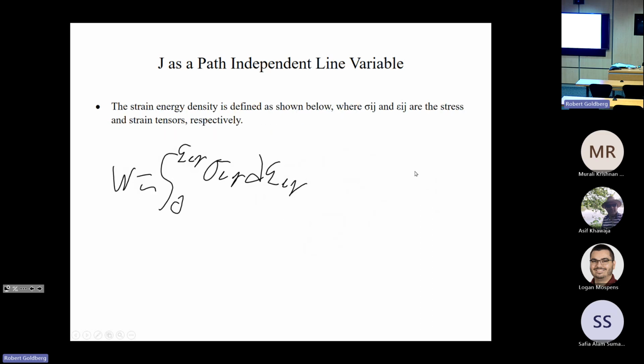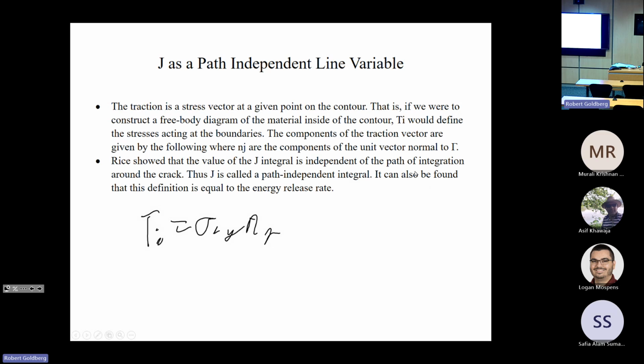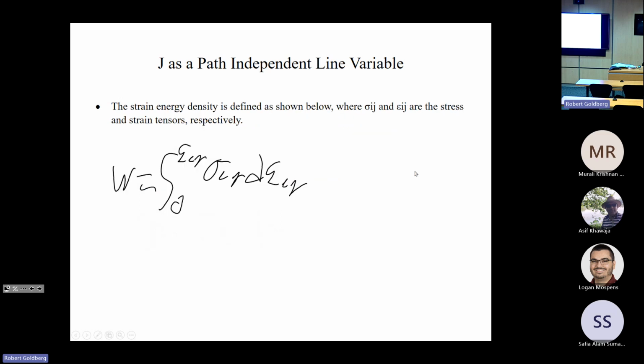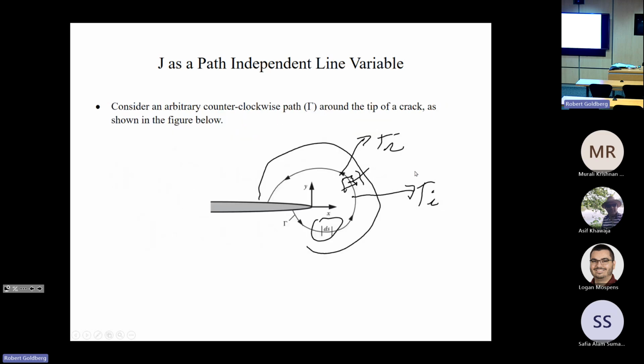So this is the same definition that we talked about right at the beginning of the course, to relate tractions to stresses. And Rice showed that the value of the J integral is independent of the path of integration around the crack. So J is called a path-independent integral, and it can be found that this definition is equal to the energy release rate, and that means that if you're doing a finite element analysis, you can use this equation and look at your stresses and strains at various points and do that integral around there,